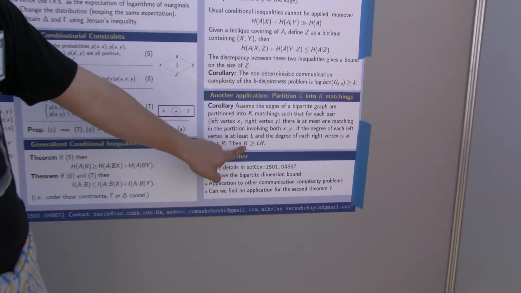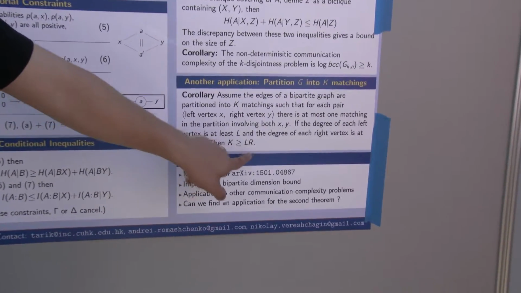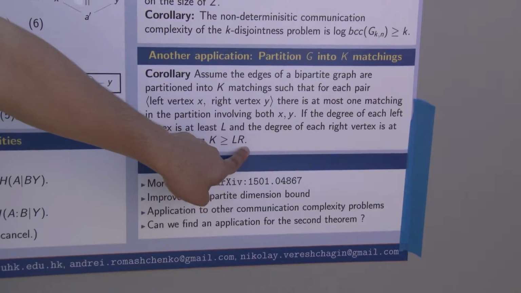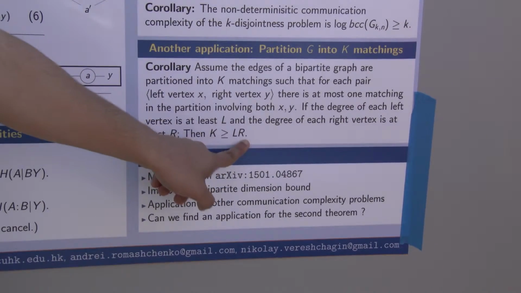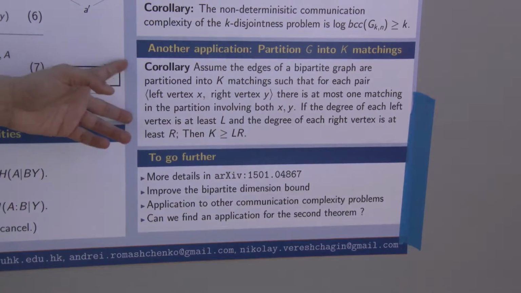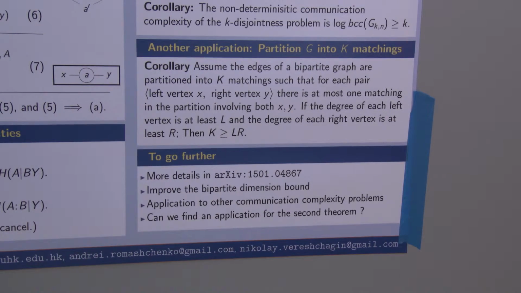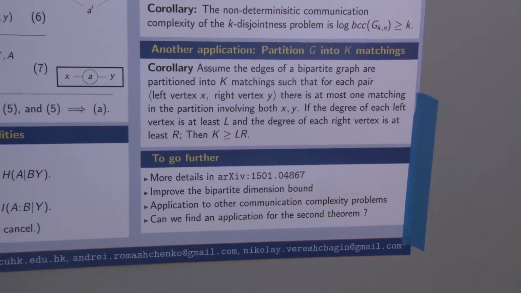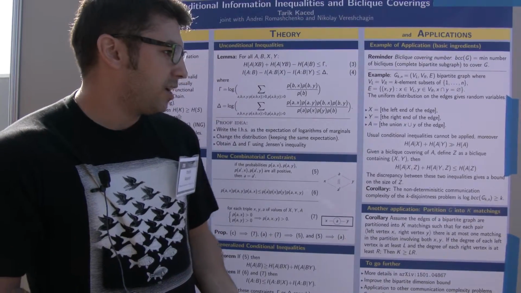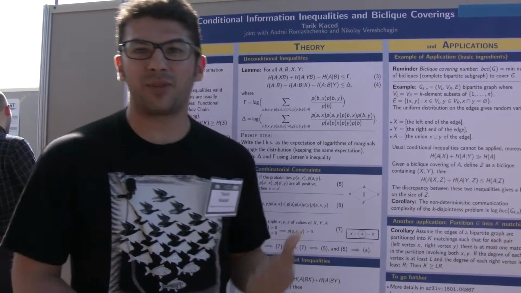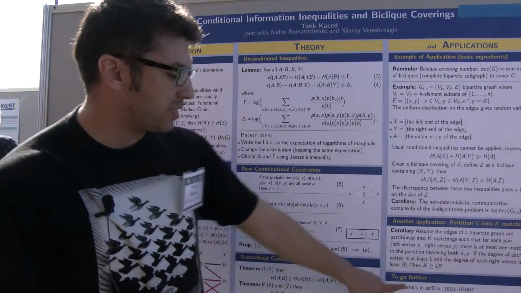But if we use this inequality, you can actually have a bound actually on how big the number of matching must be, and you have this nice theorem that, okay, if you have such a kind of matching, then the number of matchings you need should be bigger than the maximum degree of the left-hand side times the degree of the right-hand side. And this corollary looks kind of a simple combinatorial problem. However, I don't know how to prove it without entropy. And somehow, I think that the entropy argument looks cleaner. Okay, so I think this is all I have to say for this big-click covering thing. If you want more details, we have an archive